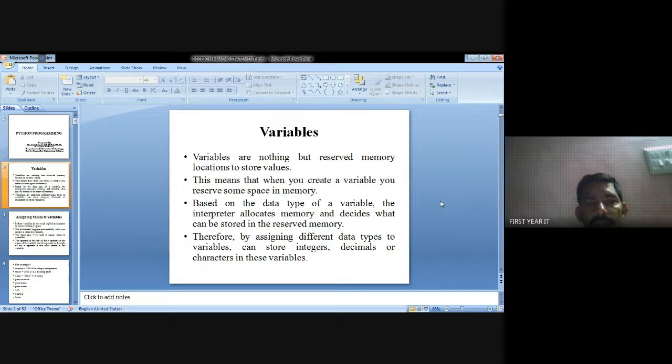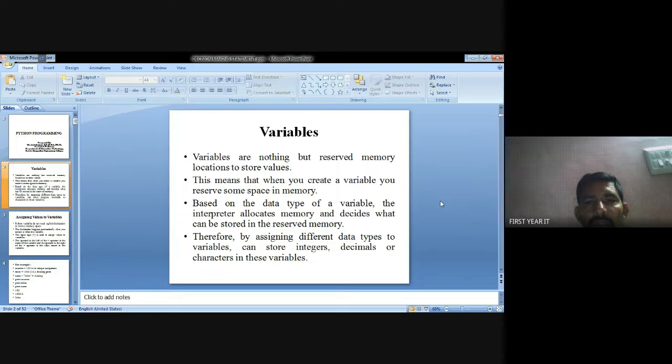We need to assign each variable a declared data type, such as integer, character, or float, which should be mentioned to represent the variable.